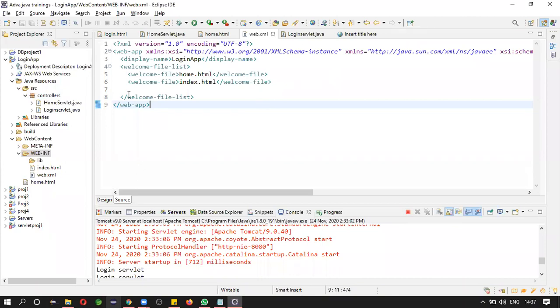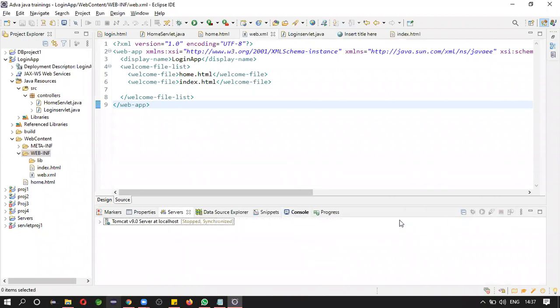So this is an HTML file, right? Even if you change web.xml, you need to restart the server. Why? Because this is the configuration file. If there are configuration changes, they should be reflected to the container, right? So that's why you need to restart the application. Okay, just store this. You will see no difference for the first one.